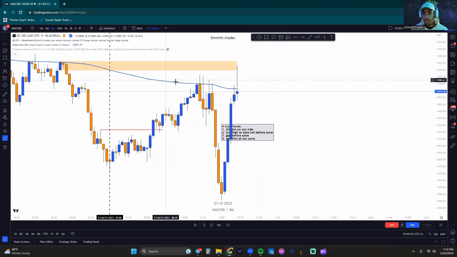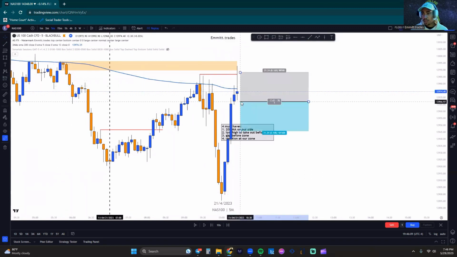We got the 200 MA on our side for sales. We have that high to be taken out before we come down into our zone, which is this high sitting right here. We have a gap before our zone, of course, which we've already discussed over here. Tinier gaps, but nonetheless, there's still a tiny gap up here that hasn't been filled. This lower one has been filled. So as soon as we break lows here, if we end up breaking lows, I'm hopping into this trade.